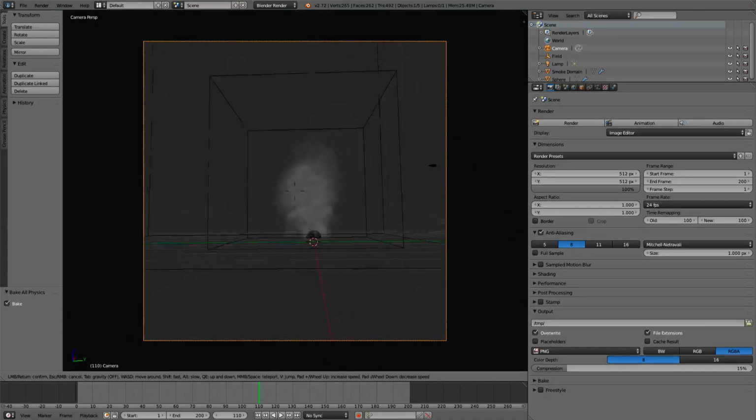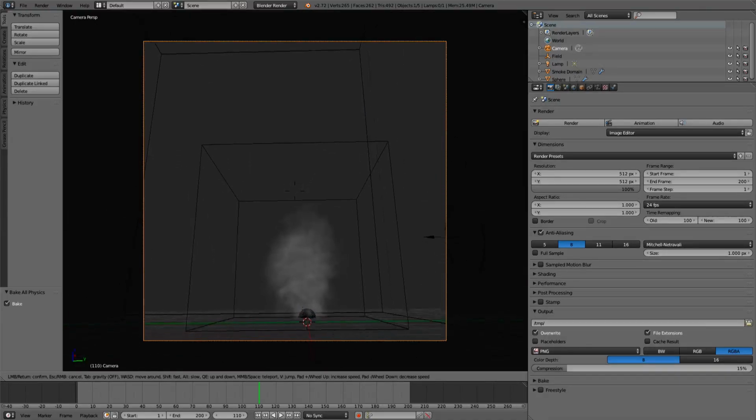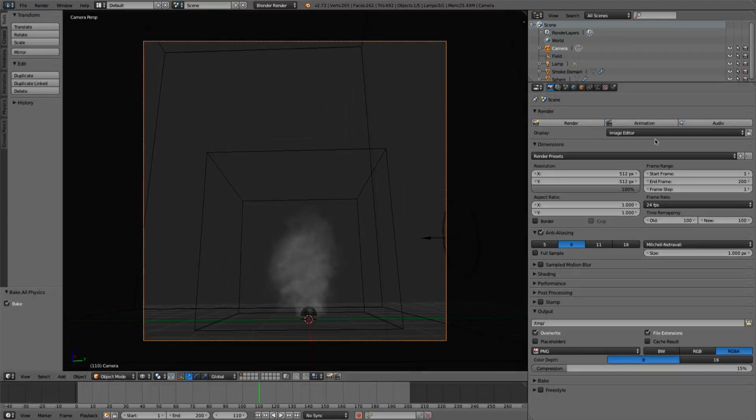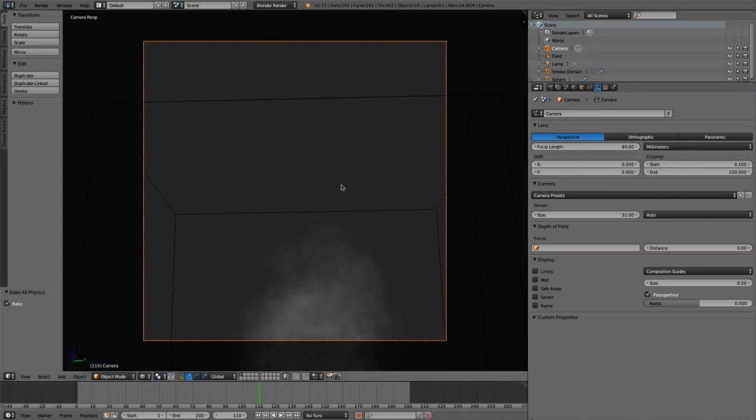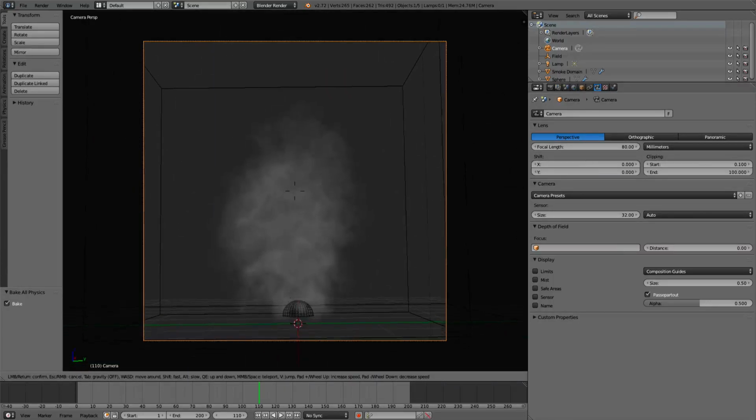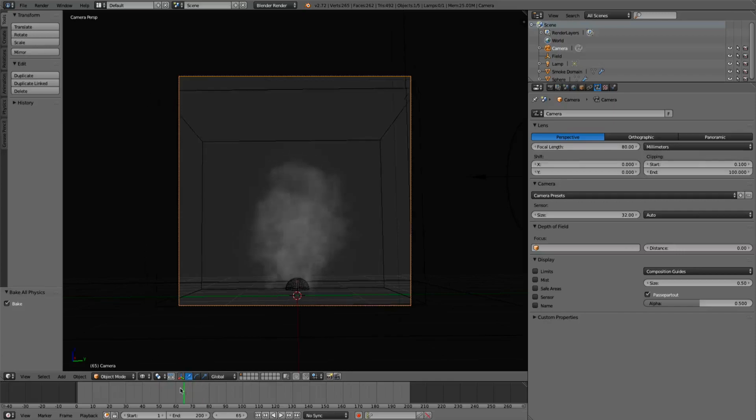So then we'll have this zoomed up. Make sure we're not in the cube. This is a little bit big. Just position the camera where you can see it basically straight on, and we'll move the focal length up. Change this to about 80. There we go. Okay, and so with this smoke, since it's going to be seamless, we don't want to see it starting, because if it keeps starting over and over again, it's not going to look good. So we're going to need a place where it starts in the middle.